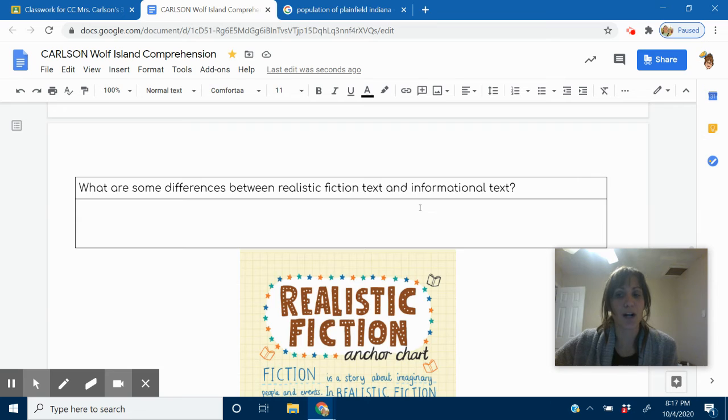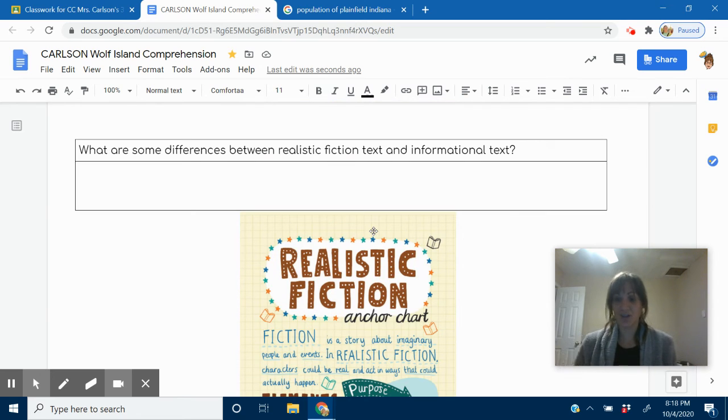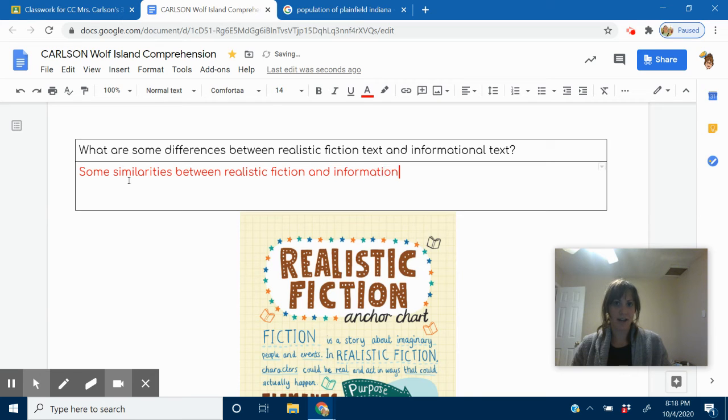And then there's just one little question down here, which we've actually already talked about. As you can see, we have our realistic fiction anchor chart, so you can use it to answer this question. It says, what are some differences between realistic fiction text and informational text? I want you to use a complete sentence when you answer this. And I want you to say maybe some similarities between realistic fiction and informational text